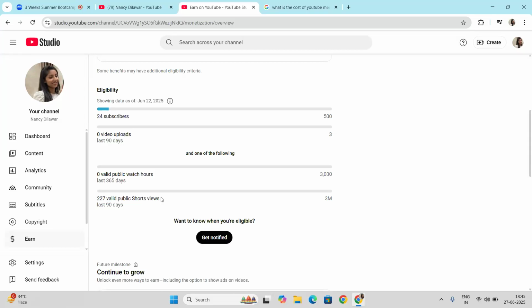This is how a single short can be seen and it can add up to 3 million. You don't need to upload just one short a day, you have to upload more than one, like 5 to 10, if you are genuinely working on this. For regular videos, you have to upload at least one video a day, or in a week you can upload two videos, because we have 365 days. So you can complete this 3000.